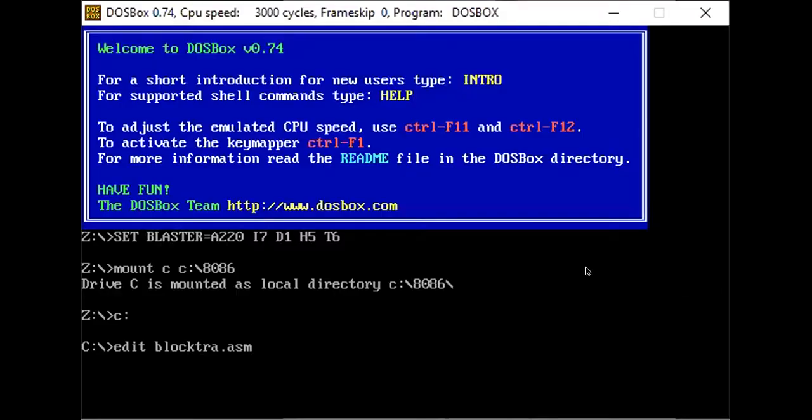The algorithm is: first we have to set the value of offset SI to the starting address of the source block, and then the offset DI to the starting address of the destination block, and then load the value 0000 into the register AX. After that, move the data of the AX register into the DS register, and then the AX register into the ES register, which is known as the extra segment register, and then load the data of offset SI into the CL register and load the value of 00 into the CH register.